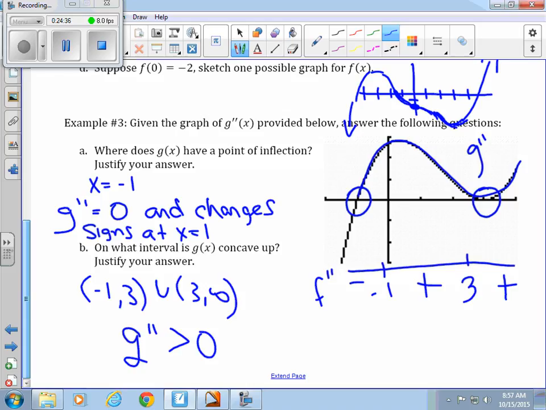So remember, this is not G. On G, you would look at the shape, but this is G double prime. So to look at G double prime and find concavity, we look at whether it's positive. And you might need to draw a sign chart. Is that negative, like when below and positives are below? That's right. And isn't that how you tell negative or positive from a graph? You don't look at